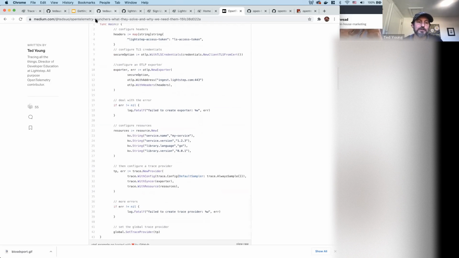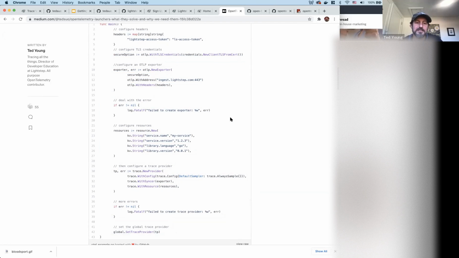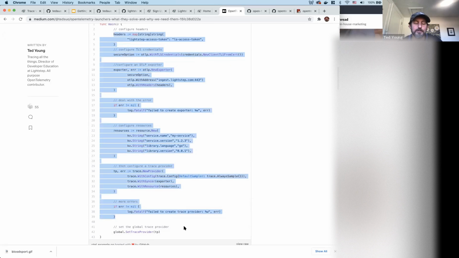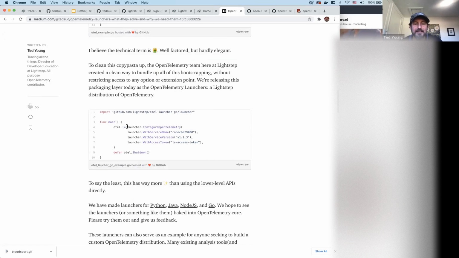But holy smokes, you don't want to be copy pasting all of this stuff everywhere. That's obnoxious. And what if we end up tweaking some of these things, and then we have to tell everyone, oh, now go back and tweak all of these copy pasta scripts everywhere. That's just kind of a gross way to do it. And given that all of this is boilerplate, once you've decided you're going to connect to Lightstep, it's a lot easier to just package that up in a little configurator. That makes it a lot simpler and makes it clear what kind of options you actually need to configure.